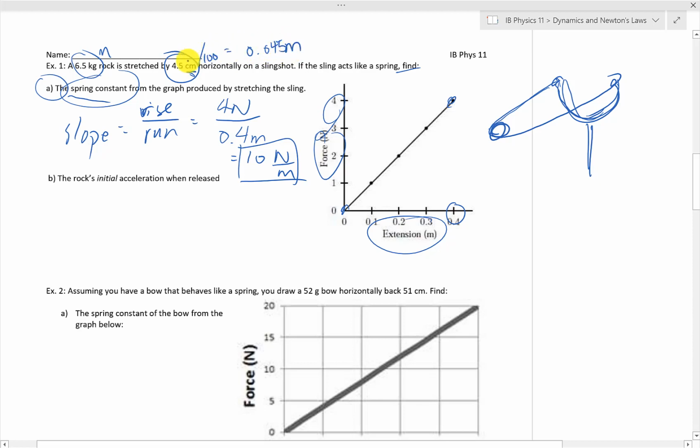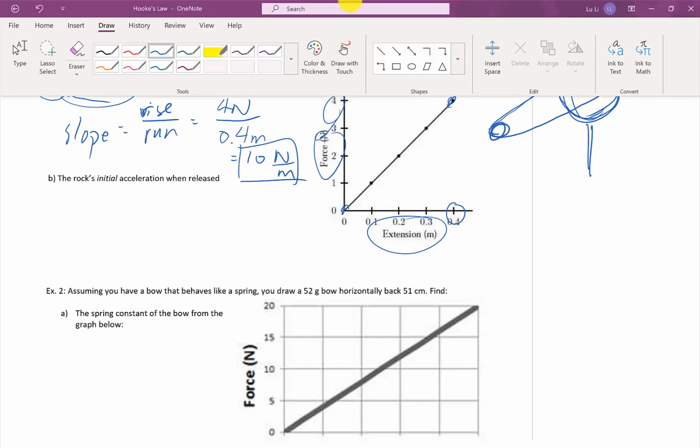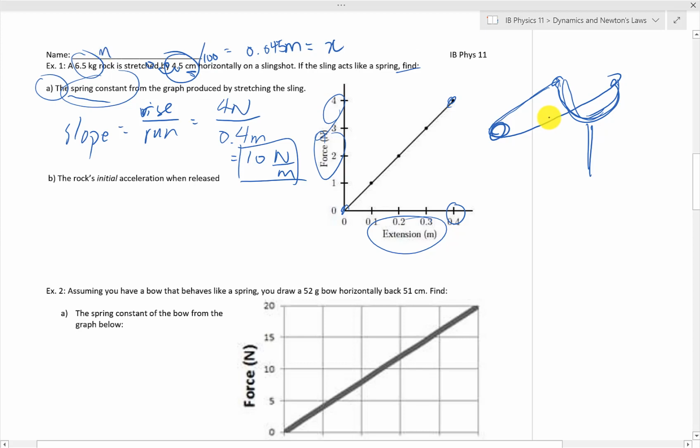0.045 meters. Why do we move the decimal place twice? 1, 2. I get 1, 0, decimal, and then 0 over there. That is our displacement. Okay, so now if I want to draw this picture here just to show you, so